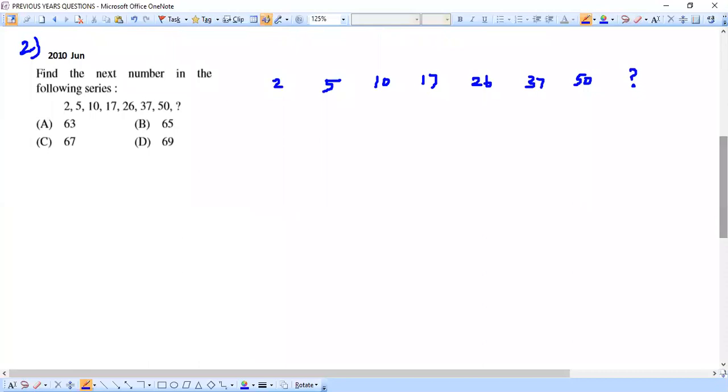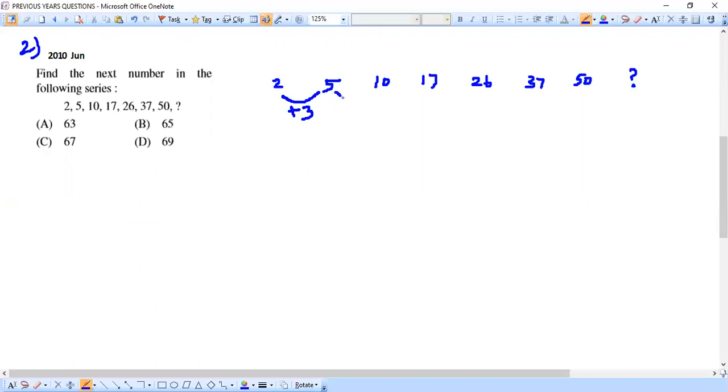As usual, let's start with addition. Always give the same kind of preference. So our first term is again 2. From 2 to 5, they have added plus 3 here. It's very easy for us to say, right? The numbers are very small. I don't think we need complicated calculations to do that. So 2 plus 3, very easily by looking we can say.